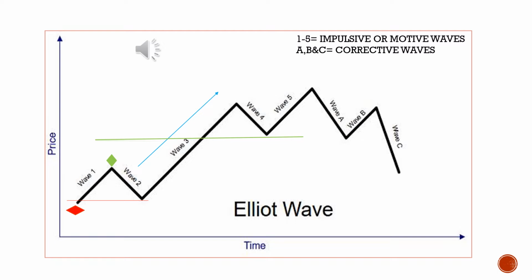The third thumb rule is that wave 4, which corrects wave 3, can never enter into the price territory of wave 1. If you see, there is a green diamond and a red diamond on wave 1, so that is the price territory of wave 1, and the rule is that the fourth wave, when it corrects the third wave, will never enter this price territory of wave 1. So this is what the Elliott wave cycle thumb rule is. Let us go to the next slide for a detailed explanation.